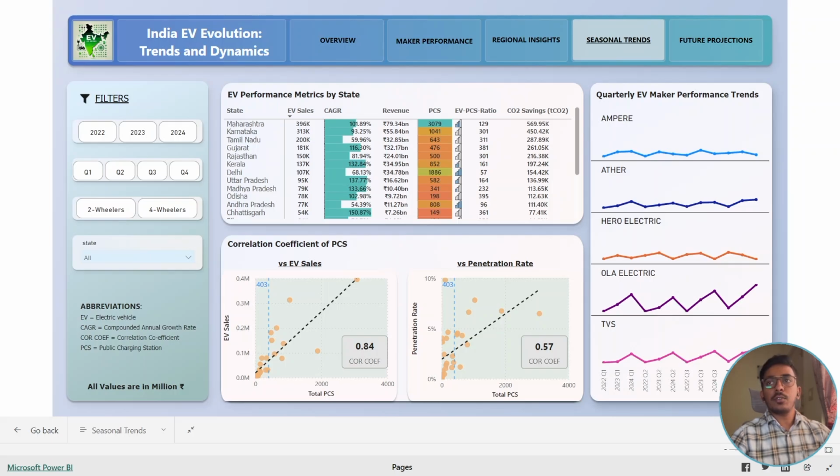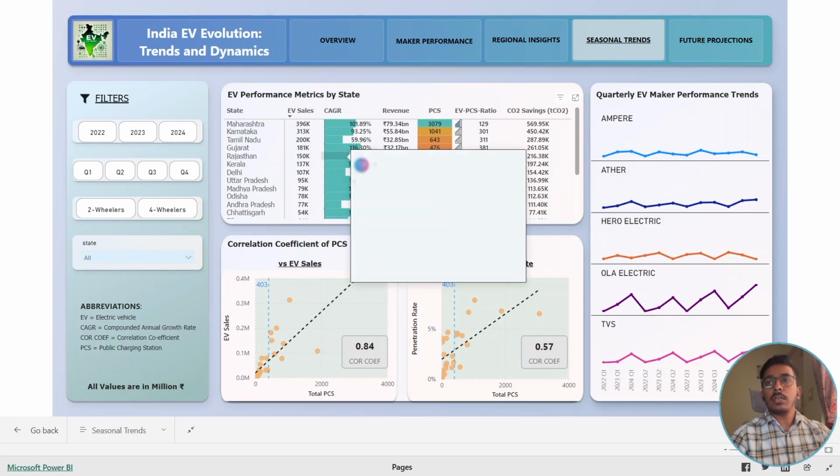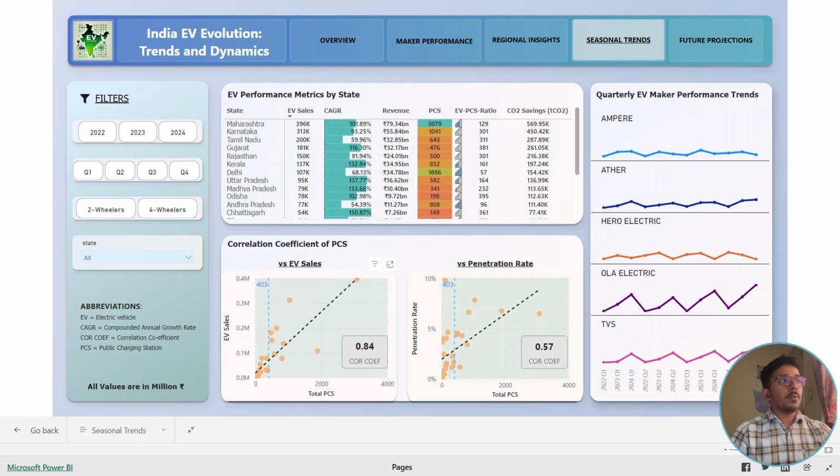I have included information related to the number of charging stations available and the EVs to charging station ratio for that particular state. And I have added a tooltip to check the top 5 makers of that particular state. I plotted a scatter plot to visualize the correlation coefficients of the number of charging stations available versus EV sales and versus penetration